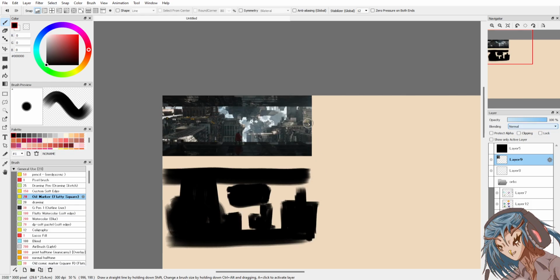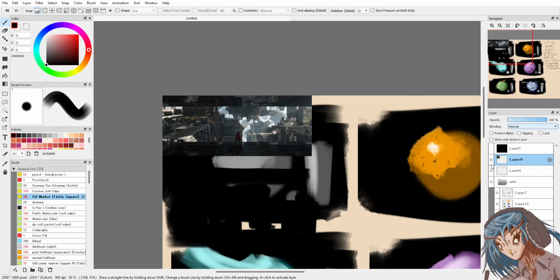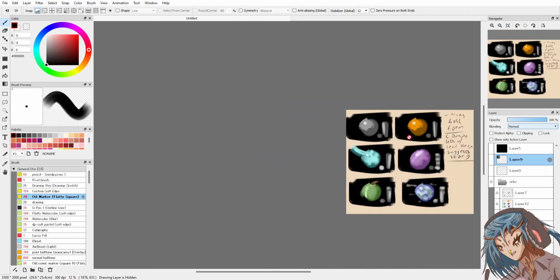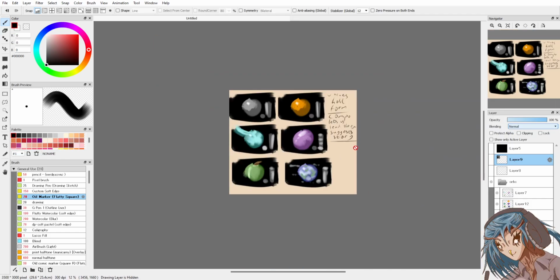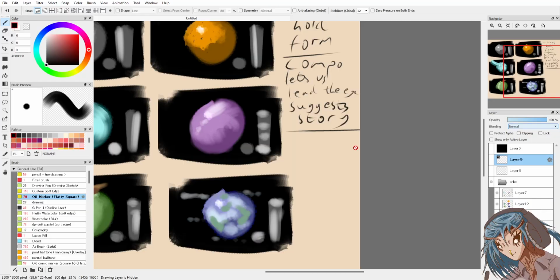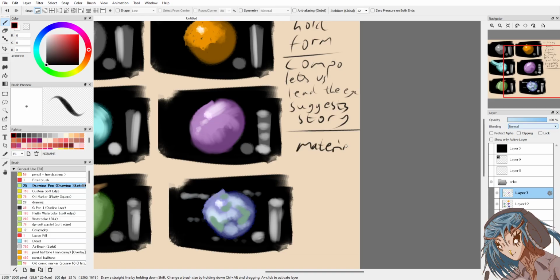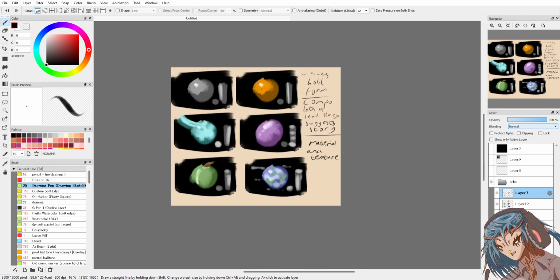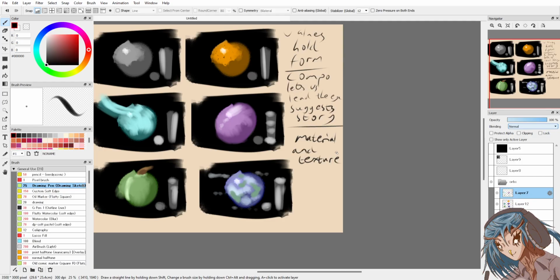Value holds the structure, however, material and texture is what differentiates it.